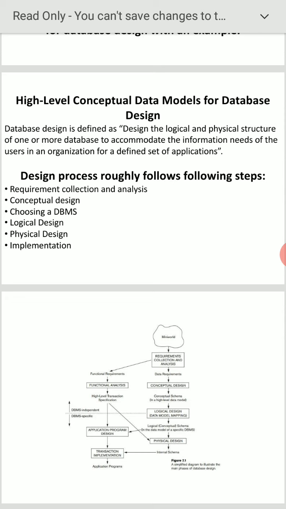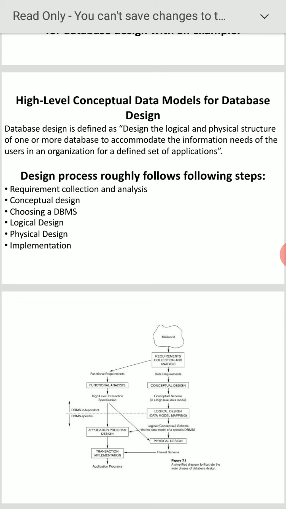The first one examines the data requirements of the database resulting from the analysis and produces a conceptual schema in a database management system independent high level data model. First, we have to design the schema. Schema is the overall design of the database.